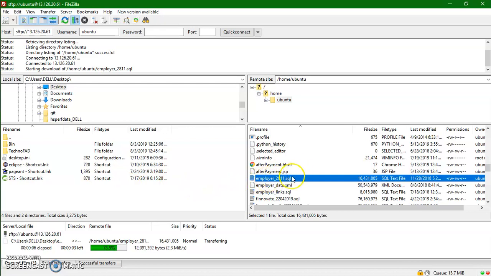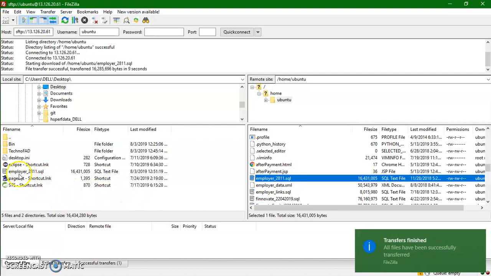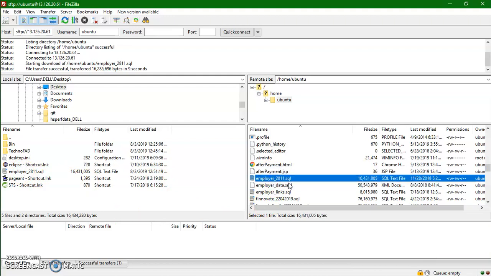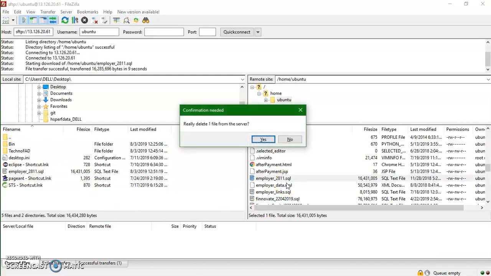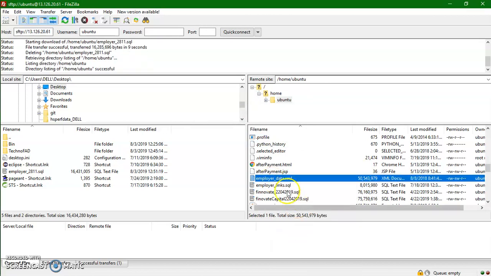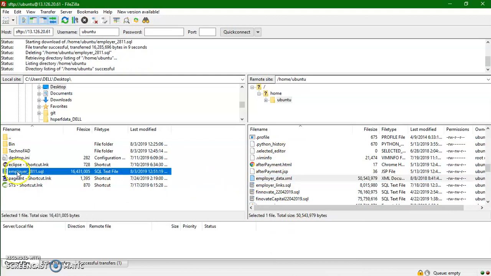So from the server, you have directly copied the file here. You can also delete this file from the server directly, and you can also copy any file from your machine to the server directly.